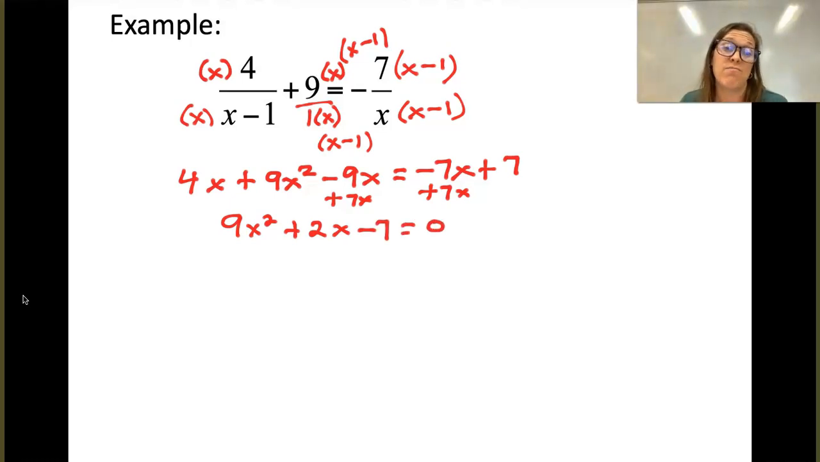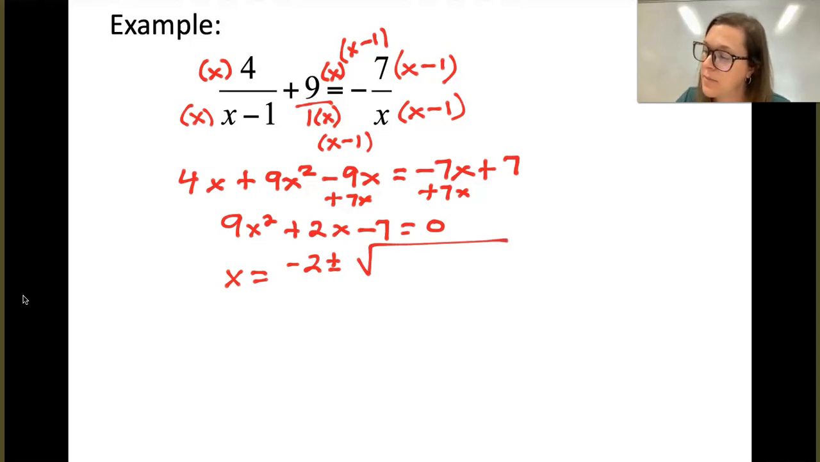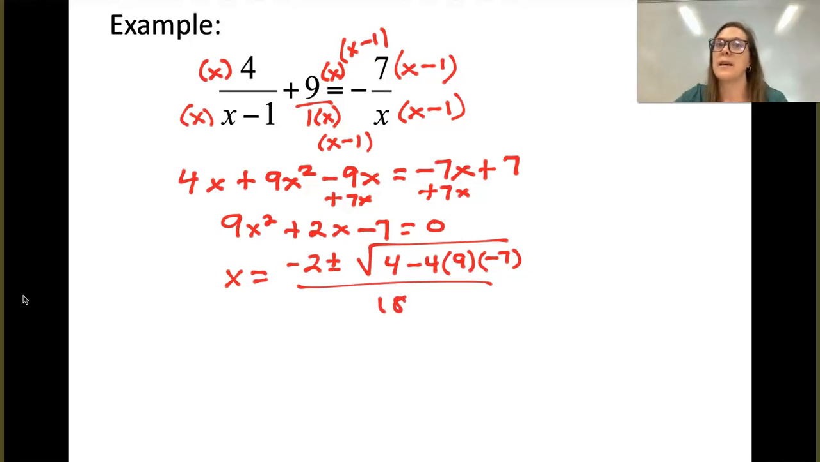So again, we could complete the square, but that would get really rough because we'd be dividing everything by 9 and then taking halves and then crazy fractions. Can't use the square root property. We could check to see if it's factorable, or we could just jump right to the quadratic formula. -2 plus or minus the radical of b squared, which would be 4, minus 4 times a times -7, all over 2 times a. Calculator in hand, I'm going to do 4 minus 4 times 9 times -7, which gets me